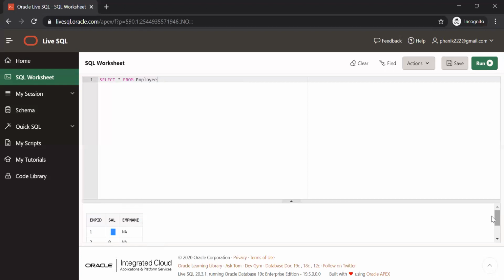Here, while creating itself it is specified, so it does not have any value, so it is populating not applicable. Here you already have some null, so it will not replace. But whatever you are newly inserting, that will be taken care of. You understood the purpose of default value? So we have seen how to add a column, how to drop a column, how to modify the column.